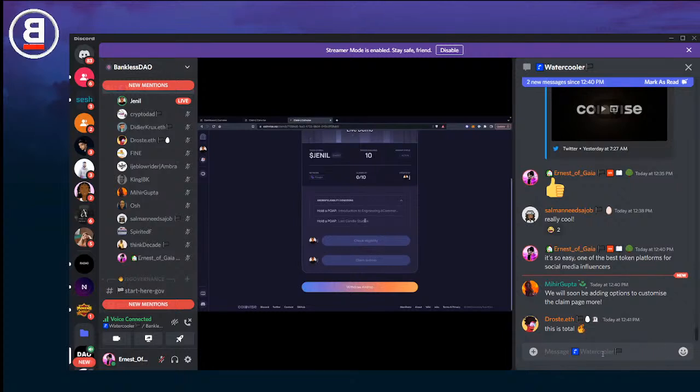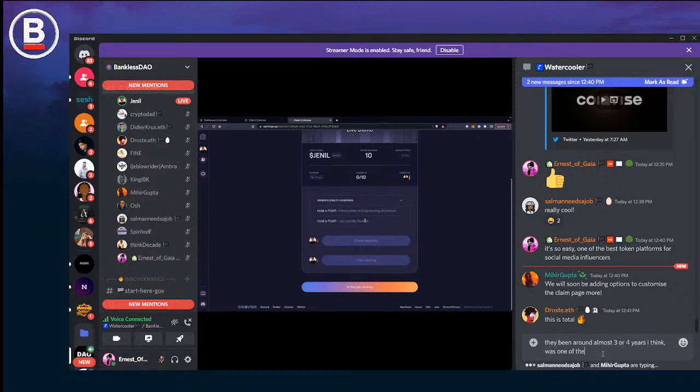A good use case here that we've seen emerge is with POAPs. If you've attended an event, you could get this airdrop with a POAP, and people could come claim tokens if they attended that event and hold that POAP. You can also choose to do that for education. So if you have a 101 course, you can add that. You can also do that with any kind of ownership.